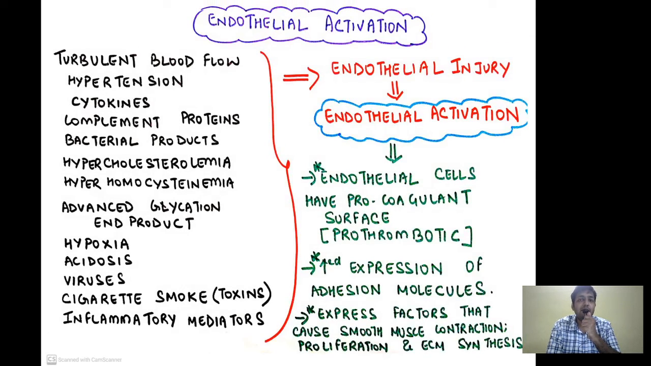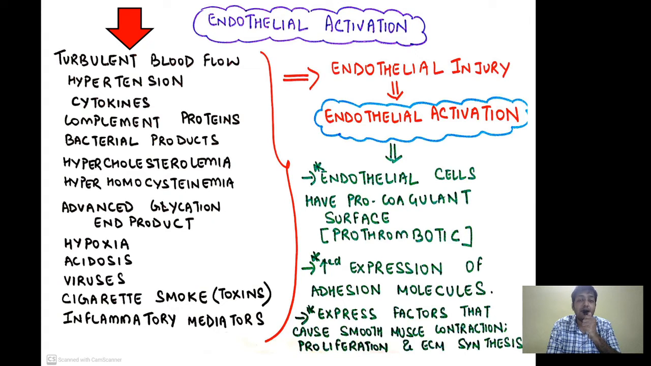So when I am using the term endothelial activation, what are the factors which are going to activate the endothelium, or cause injury, or lead to endothelial dysfunction? Whenever there is turbulent blood flow, or hypertension, or release of cytokines and chemokines during inflammation, or there are complement proteins, bacterial products, or any other infectious products, hypercholesterolemia or hyperhomocystinemia, these are the lipid products, or advanced glycation end products that occur in diabetes mellitus, or hypoxia, acidosis, viruses,